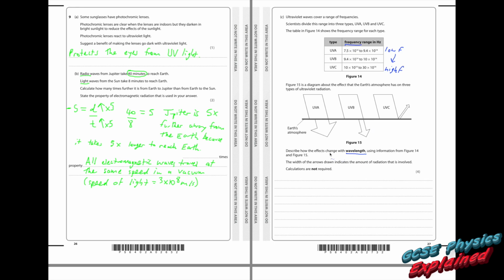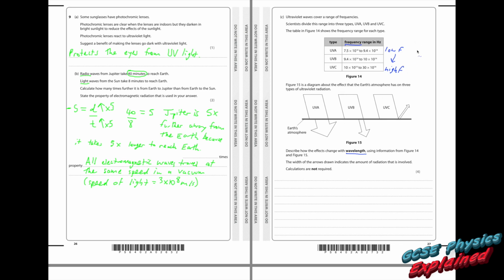Describe how the effects change with wavelength using information from figure 14 and 15. The width of the arrows drawn indicates the amount of radiation that is involved. Calculations are not required. Right, well, looking at the picture, lots of UVA can get through, and that must be,